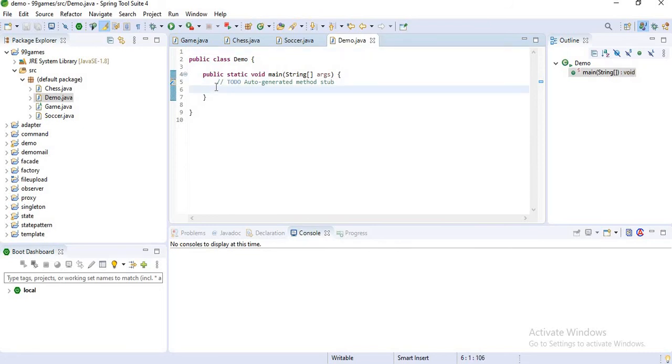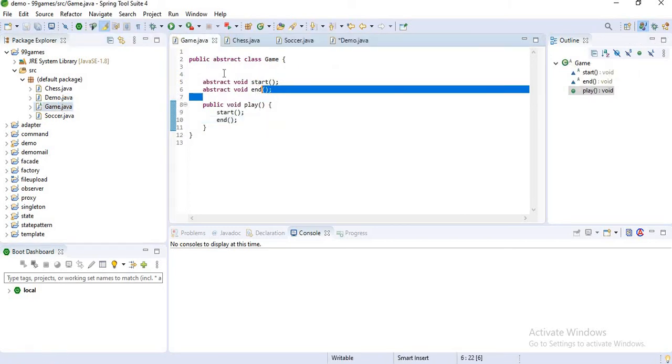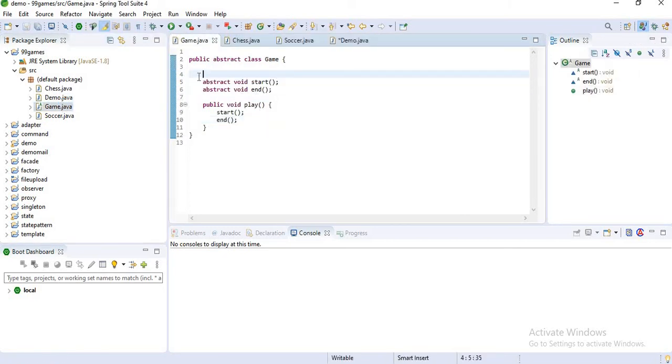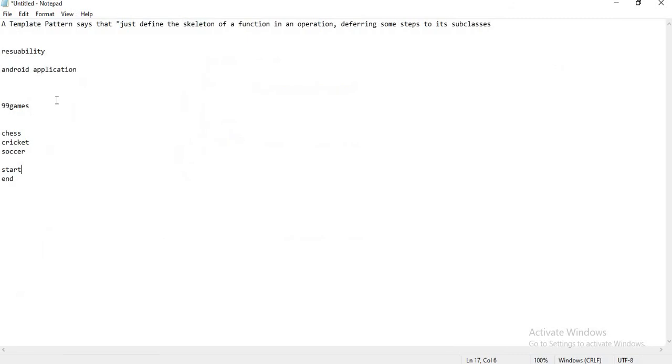Do you remember at the starting I said that for every game, starting and ending is common? So I am creating an abstract class, and there I am creating these abstract methods, and I am using these methods in my different games. Here we have just two games, but I said I am creating an app named 99 games.